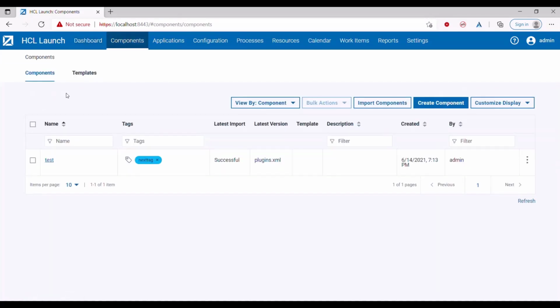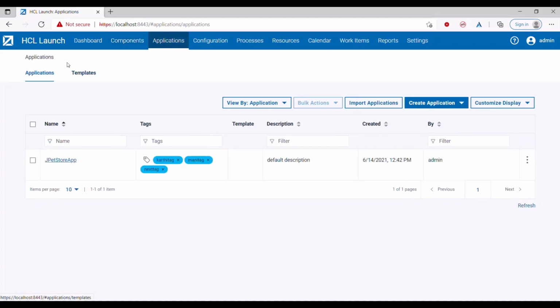So a component is one of the ingredients of an application. An application can have one or many components. Components roughly represent the different layers of your product. For example, UI layer, UI component, DB layer, DB component, and the middle layer meaning business logic, as a business logic component. And then we have something called an application, where your project itself can be visualized as one application, which has multiple components of different layers. If you have a microservice architecture application, you may have n number of components.